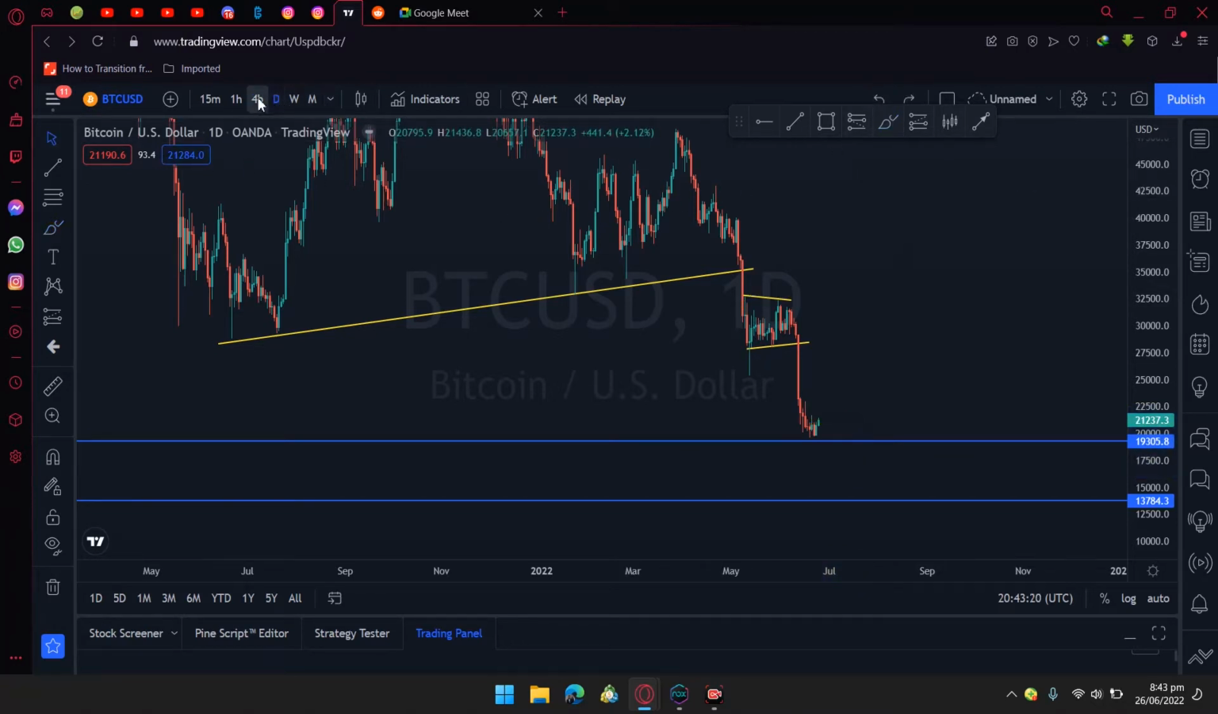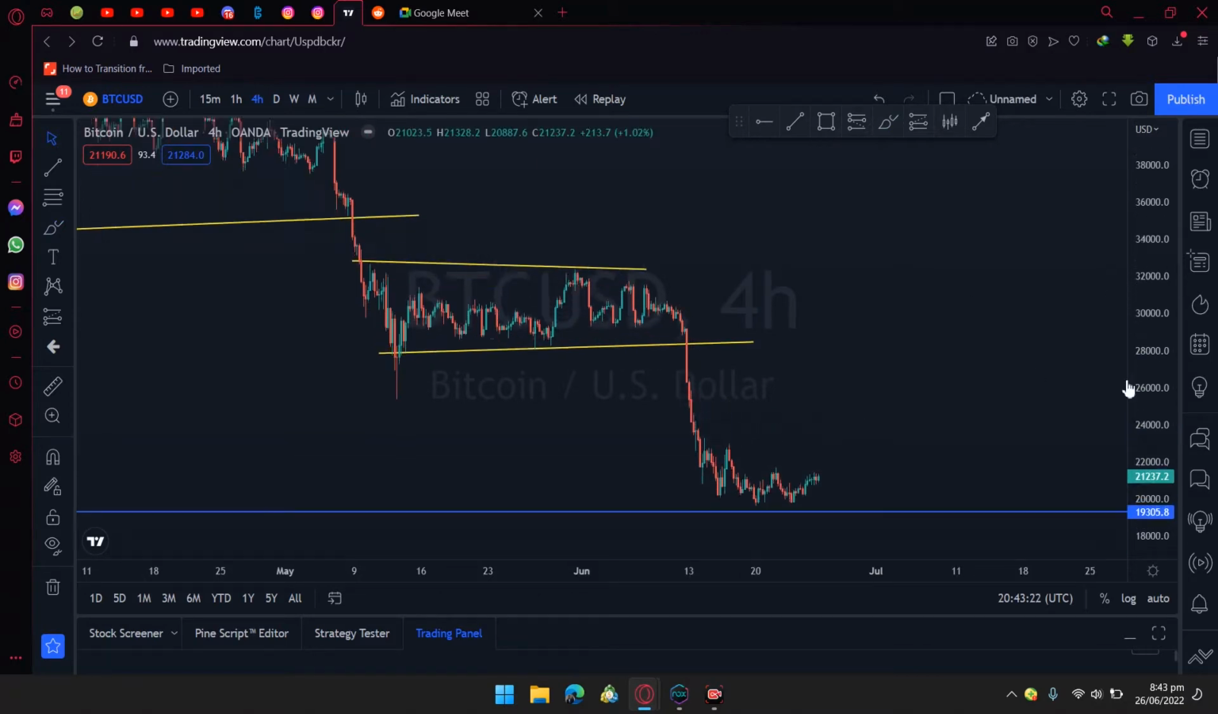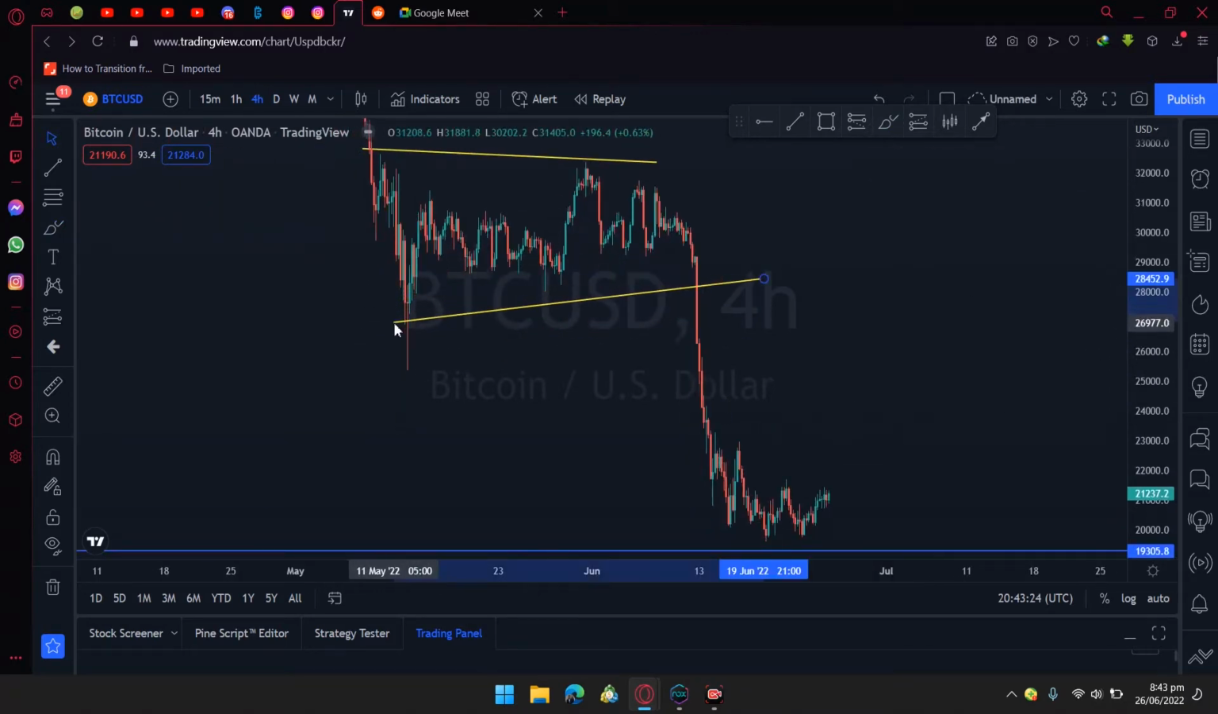So let's look at the lower time frame and see if we can get